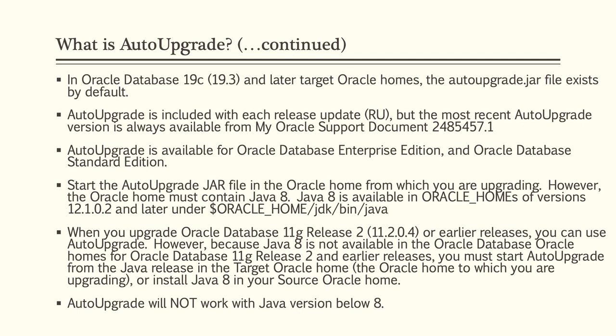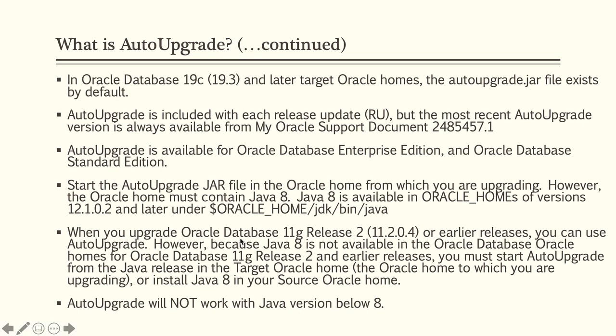Once that part is done, shut down your database on the source host, copy all the files from the source host to target, which is a Red Hat or Oracle Linux 7 having 19C. Then using the 19C binaries, you start up your Oracle database in upgrade mode, and then do the rest of the AutoUpgrade utility, which is the upgrade part of it, the real upgrade part of it.